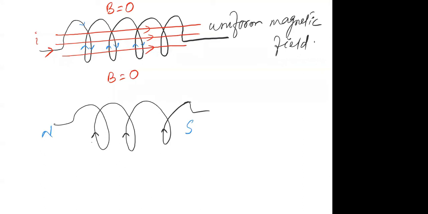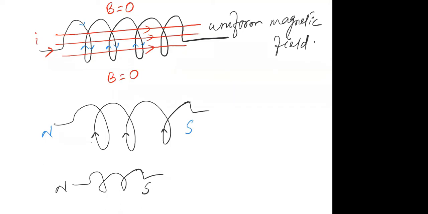Okay, so now you know every solenoid has two poles, north pole and south pole. And you can determine the north polarity by using the rule that I have just shown you. And remember, if you cut this solenoid in half, then also it will have two polarities. It doesn't mean if you cut some portion of the solenoid, it will become unipolar. That is not possible. Every solenoid will be dipolar, meaning it will have two poles, one north and another south. It doesn't matter how large or how small it is. If you cut this solenoid to half of its length, then also it will have north pole and south pole in the same directions, right?